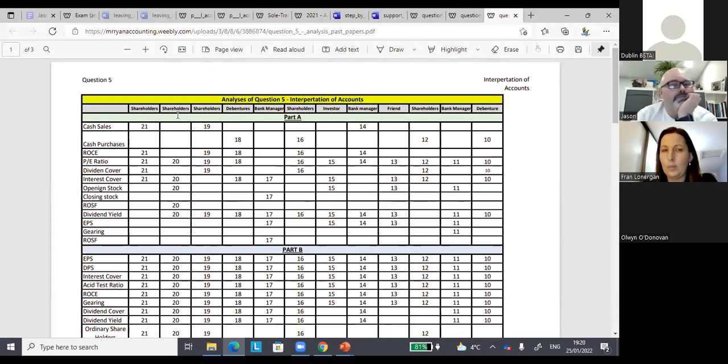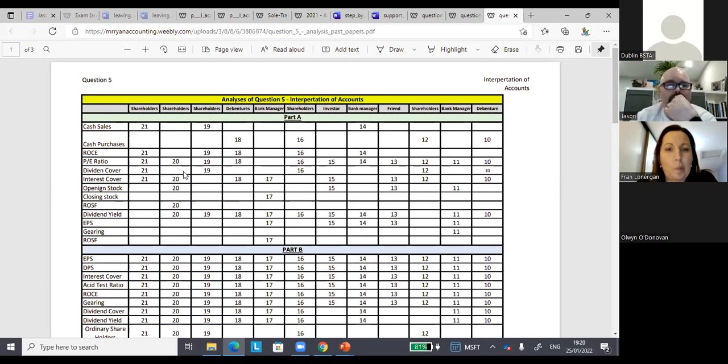So we just look at part A. In class, this is all blank for them. So we do it up in an Excel spreadsheet and we do it together. We might want to get 3 years done. And the next day when we come in, I'll show them this, and I'll show them the main type of questions or formulas that have come up as part 1. And I'll always say there's always going to be either a cash sales, a cash purchases, or open and closing stock in the adjustment somewhere with it. So they can see the main ones that come up.